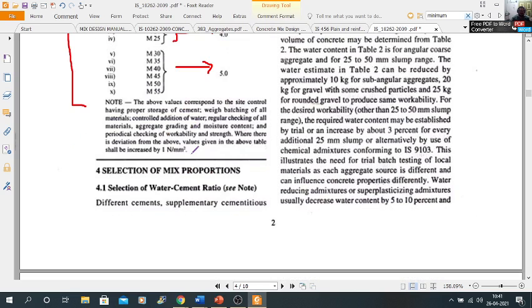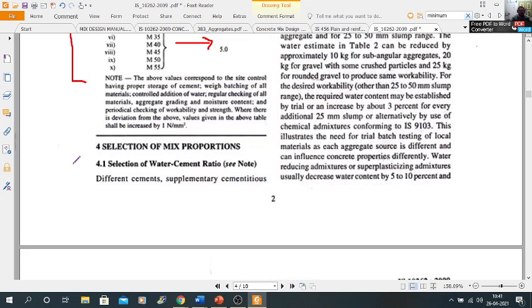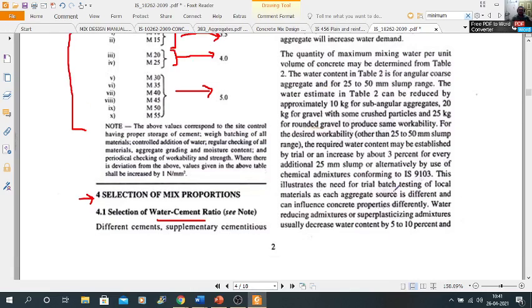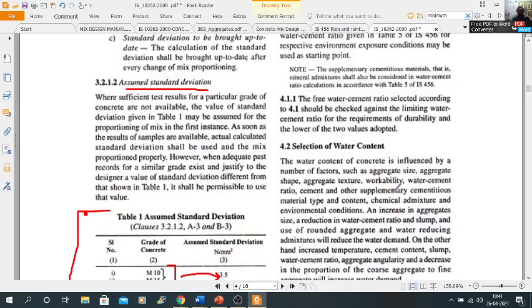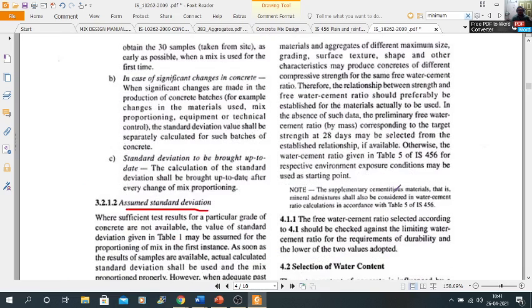can be done further. Then the selection of mix proportioning, you can say the selection of water to cement ratio, because water to cement ratio plays a very important role. It is generally considered that it is inversely proportional to the strength of concrete.